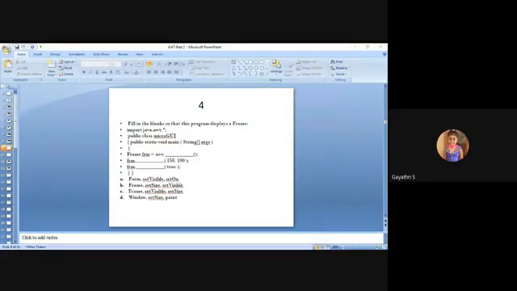The second one, instantiating frame class. This program comes under the second one. A very simple program.